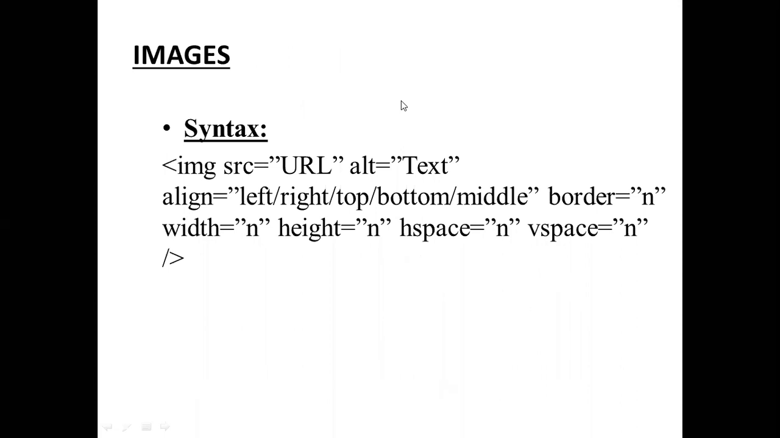So next one, images. If you want to insert an image in your web page, the tag is img. Here also in the img tag there is no opening tag and closing tag, only one tag, that is img. The syntax of the image tag is img space src equal to url space alt equal to text